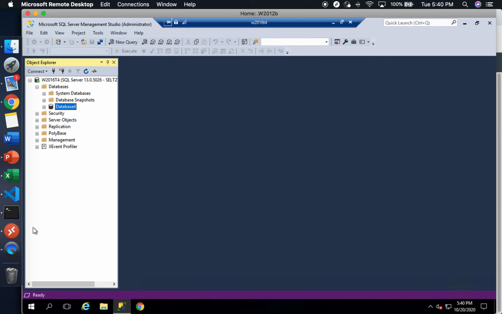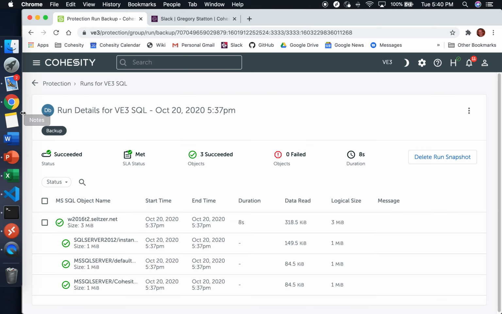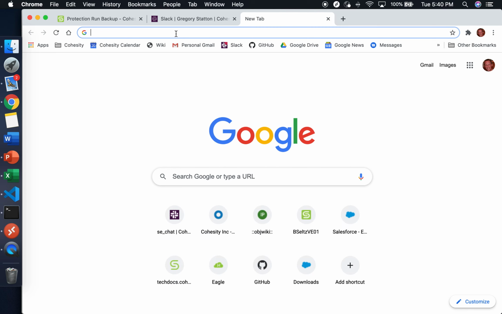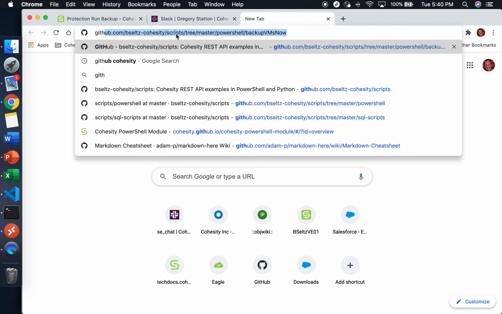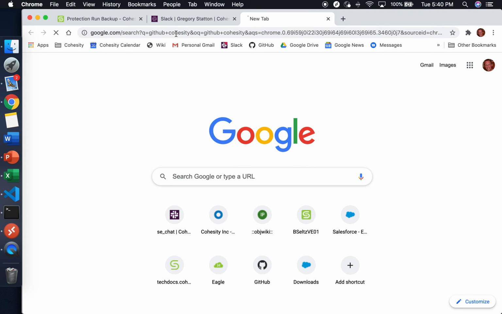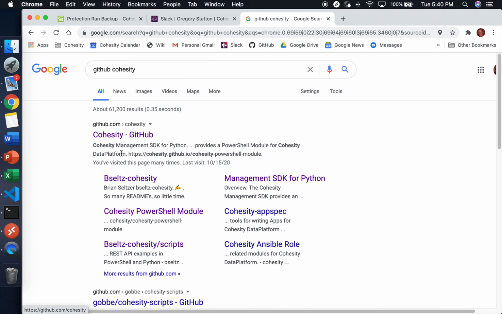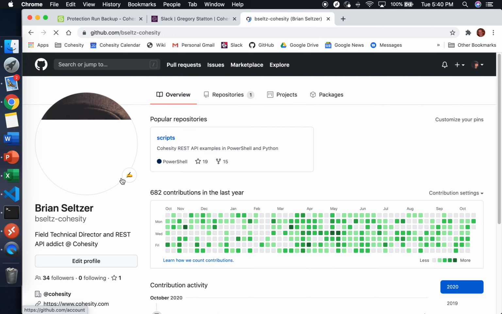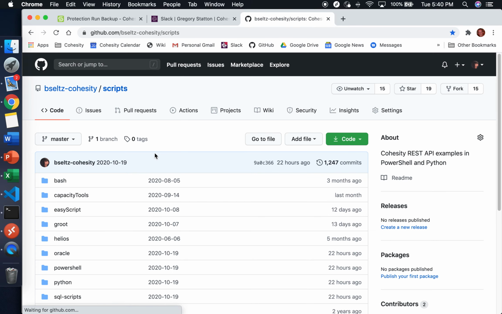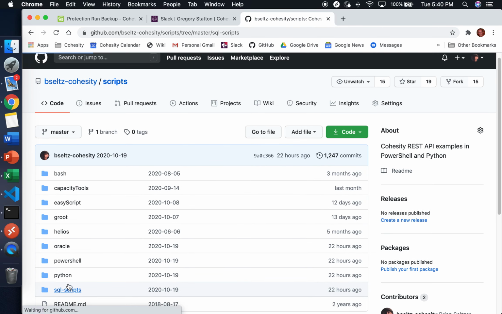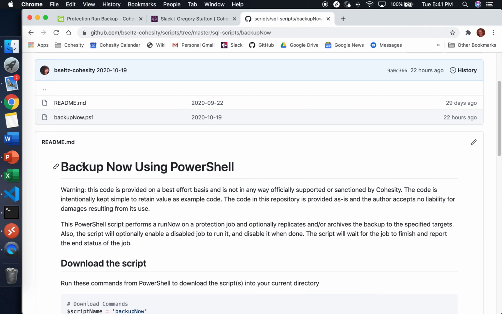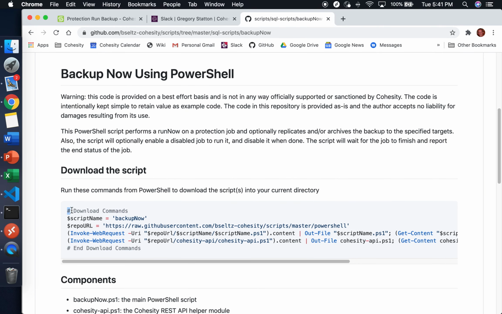Okay, and then what I'll do is I've got some PowerShell scripts for this. So let's search for GitHub Cohesity, and there's our GitHub page, and underneath there is my page, BSeltz Cohesity. I'm Brian Seltzer. And I have a scripts repository and SQL scripts. So let's get a couple scripts. Backup now script, and scroll down in the README. Here's some download commands for PowerShell. So I'm just going to copy this to my clipboard,